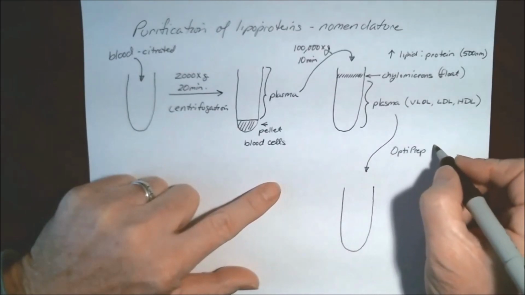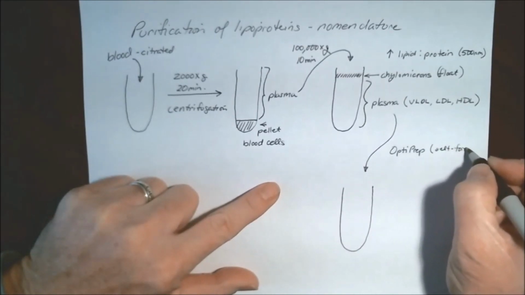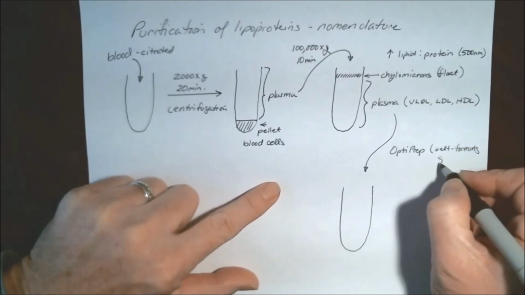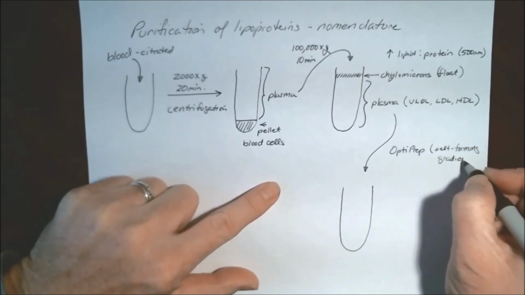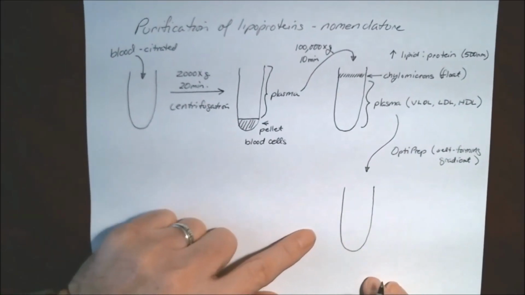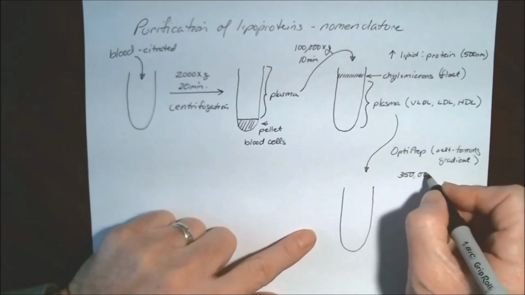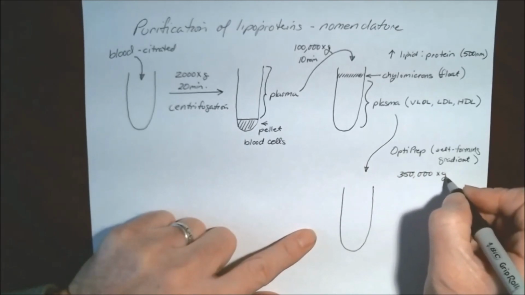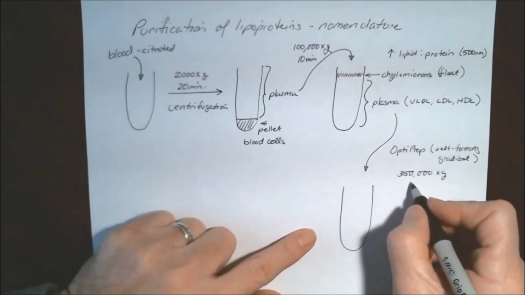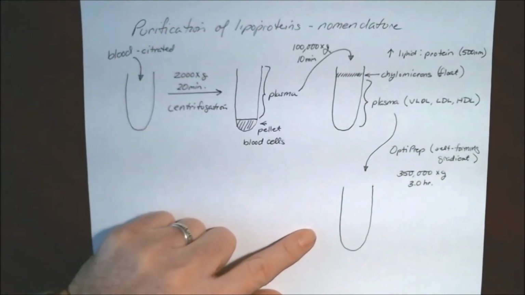And OptiPrep generates what's called a self-forming gradient. What that means is upon centrifugation, which at this time is going to be increased to approximately 350,000 times G, and we are going to do this for a minimum of 3 hours,